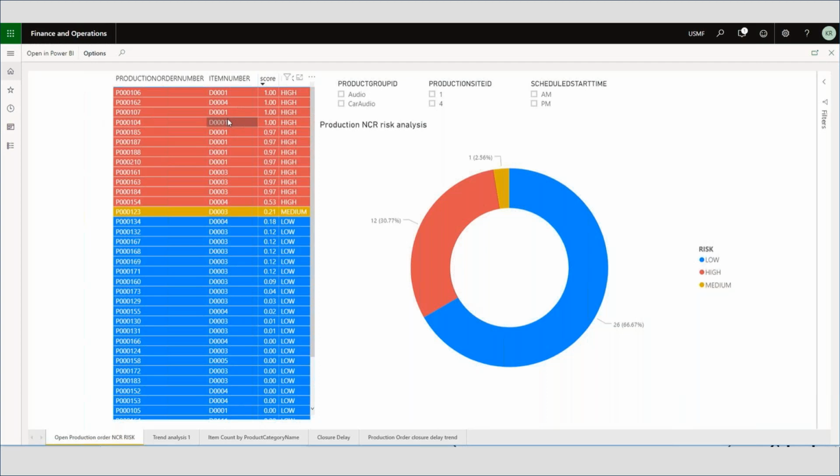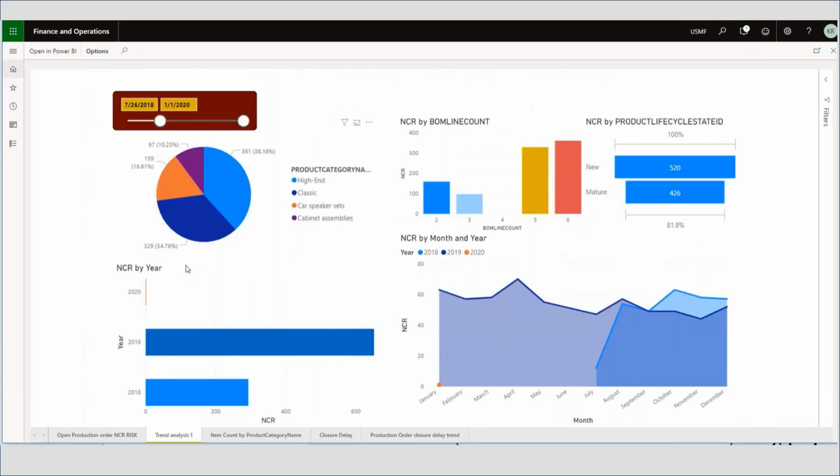So a lot of these low items, yeah, certainly we're going to execute on them. We're going to maintain our process discipline. But if we have to take our production focus, or our team's focus in this case, and understand where we want to really spend the time thinking about process improvement, or what are the potential risk factors? What are the trends common across those? This starts to give us the data to power some of those discussions.